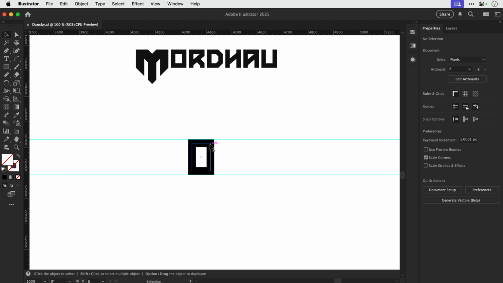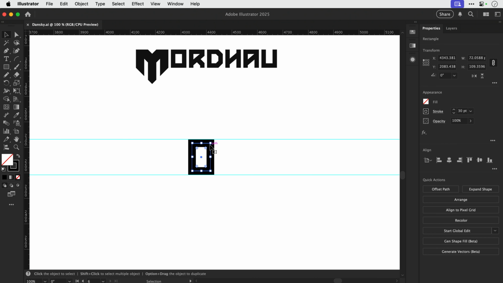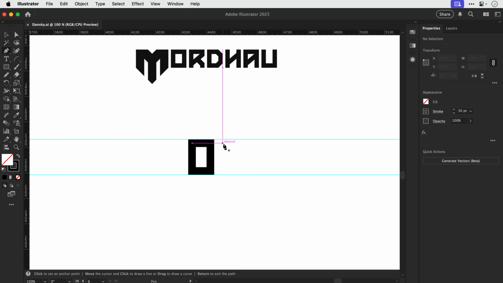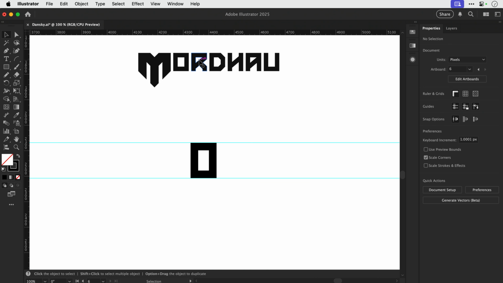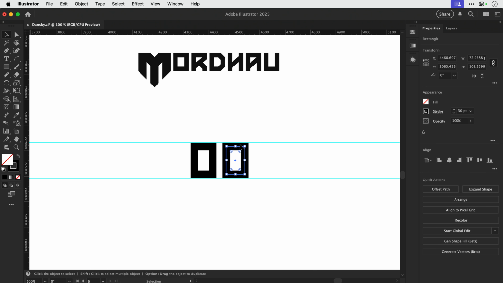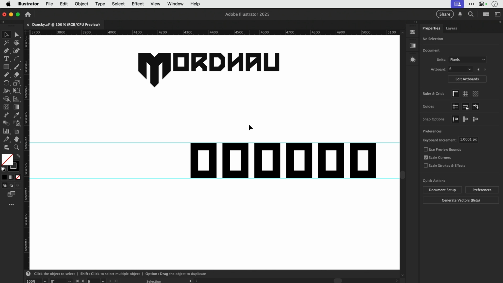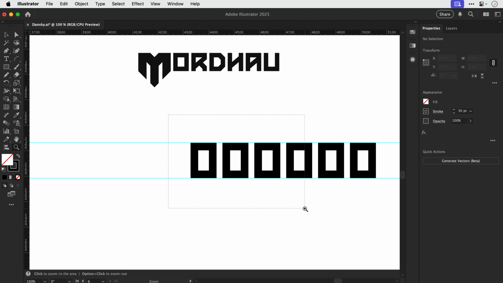And then what I'm going to do now is, I've got the same stroke properties here. That's 30 point. I can then start drawing the other letters. There you go. So you can see my smart guides are now being useful again. I've got my pen tool. Now you could do this with the pen tool, but because this is a monospaced design where all the characters occupy the same width, I'm actually just going to duplicate this one and probably repeat that across all of these letters, because what I can do now